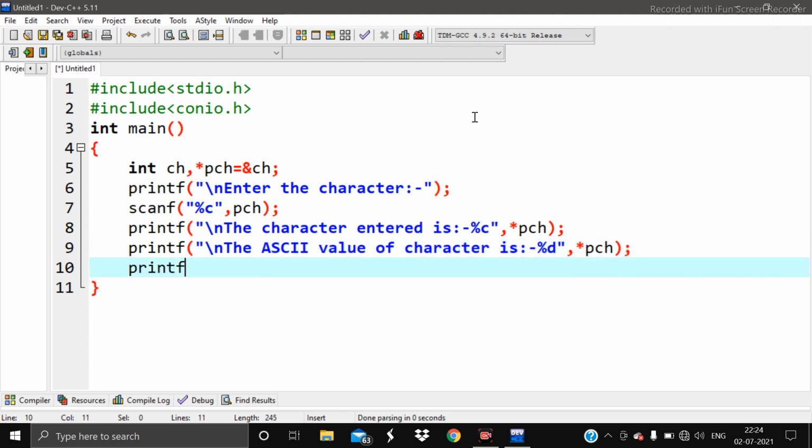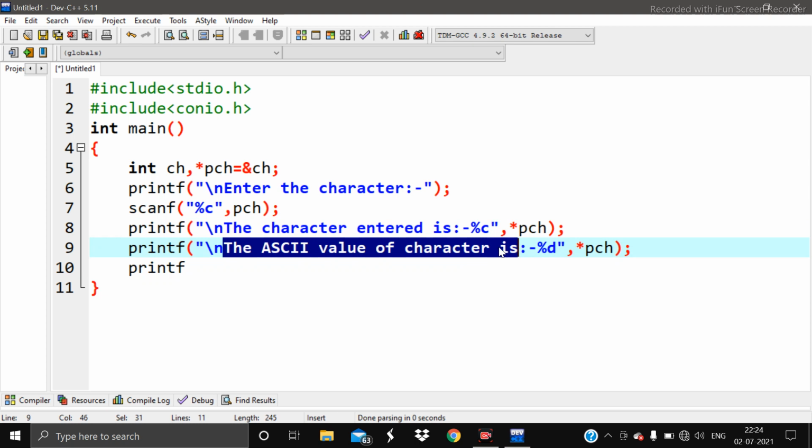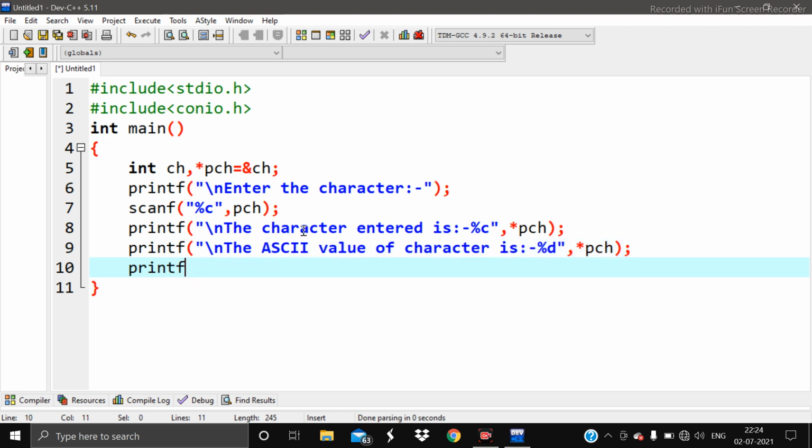Now the question demands that we also print its ASCII value and rewrite the character in uppercase. So the ASCII value part is done here, and now we want to convert that particular character from lowercase to uppercase. If the user enters any lowercase letter such as b, c, d, e, f, any letter which is in lowercase, we want to convert it automatically into uppercase. So here we will use the concept of ASCII value.